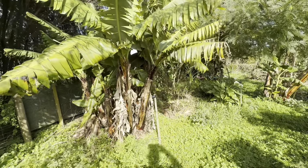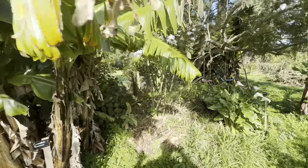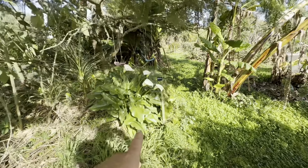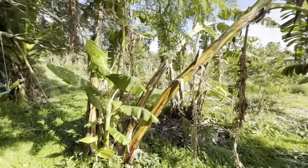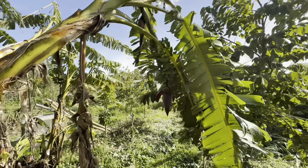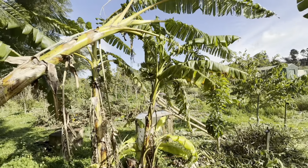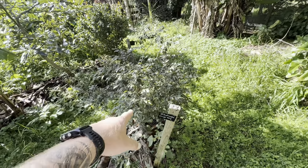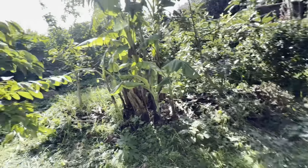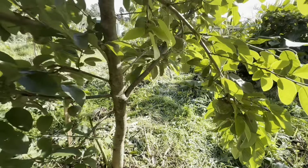So as we come back this way, we've got a dwarf Cavendish variety, really, really prolific. Beautiful little philodendron. Shout out to Ben for the cutting for that one. More bananas just everywhere, and we've been eating bananas, you know, throughout the year. Doesn't really seem to matter. Now, excitingly, we've got a jaboticaba in here, which is growing really well, a large leaf under cover, so it's got a little bit of shade. I've got a heap of cherimoya on this tree here,